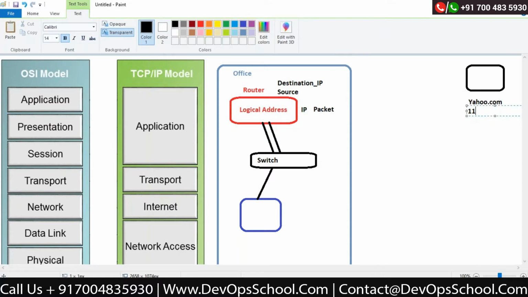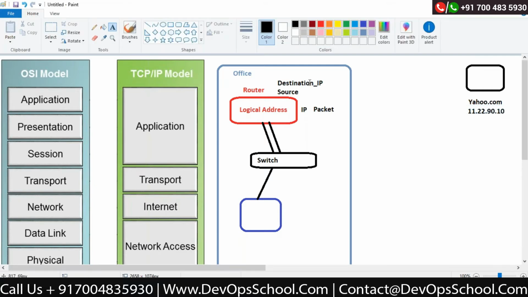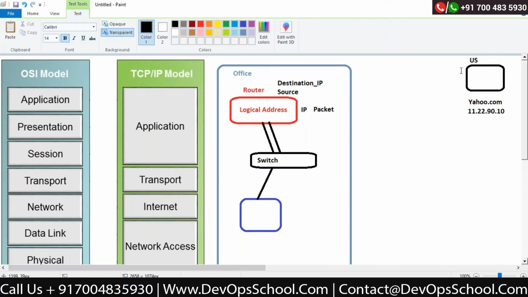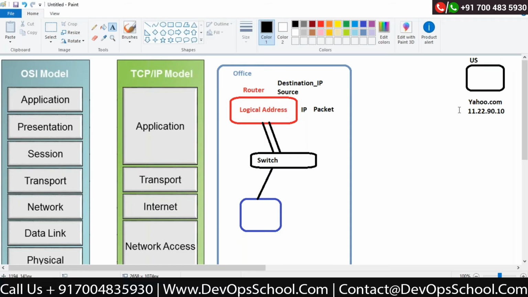It could be, for example, 11.22.19.10. Now this is for example. This is the IP address he wants to reach. Correct? Your office is in Bangalore. This is in the US. Now this journey I need to do, and it happens in quick seconds, less than seconds actually. Correct?